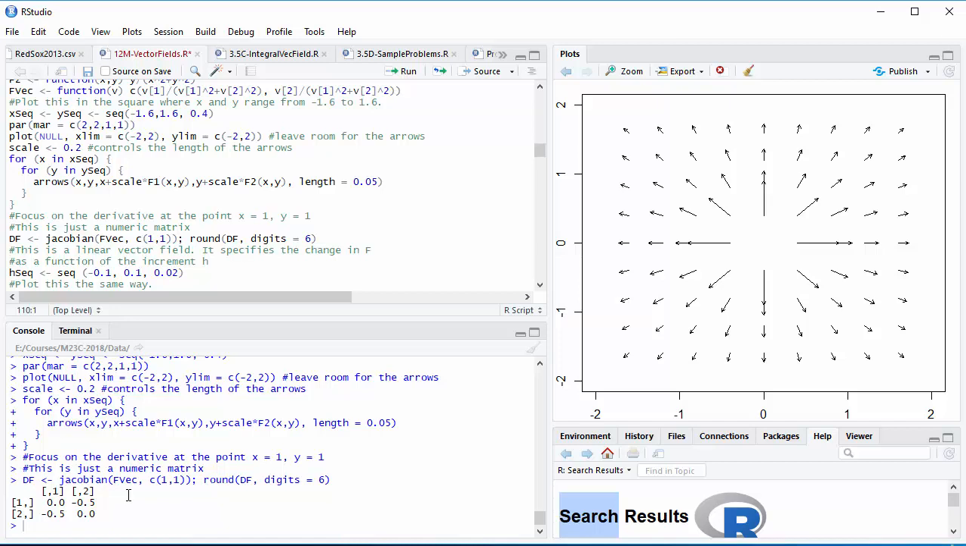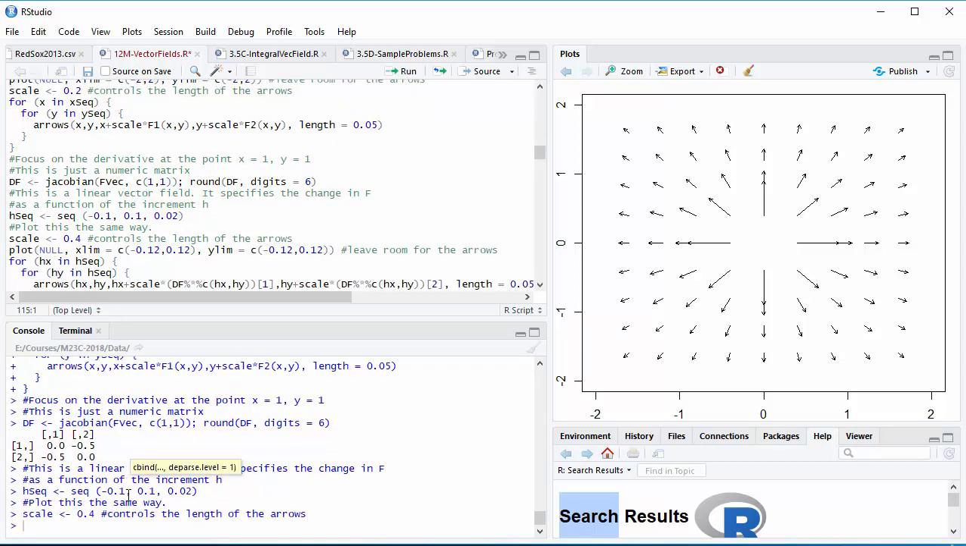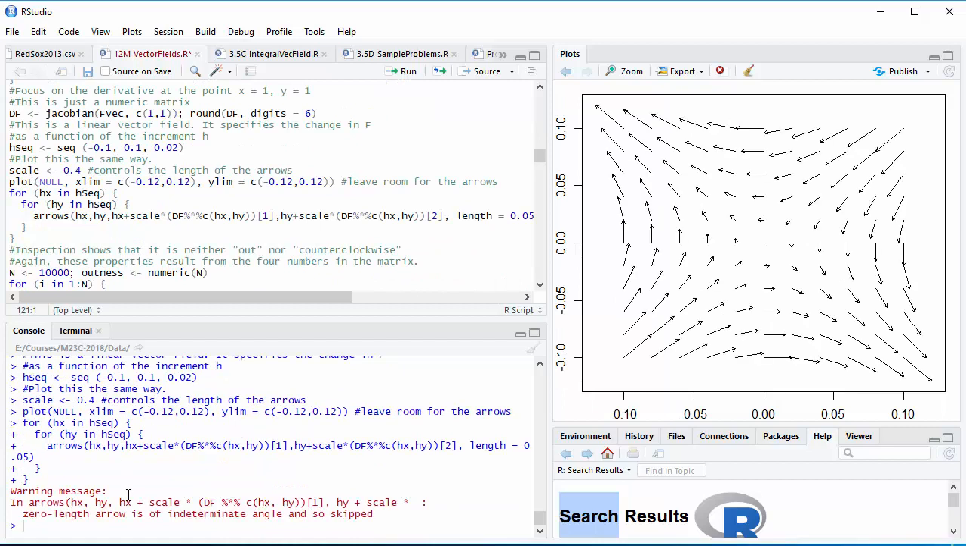This is a linear vector field. What it does is to take an increment vector as its argument and produce a very good approximation to the change in the electric field as a function of that. I will plot it up, not talking about the details, which have nothing to do with basic mathematics. Here's the plot of the